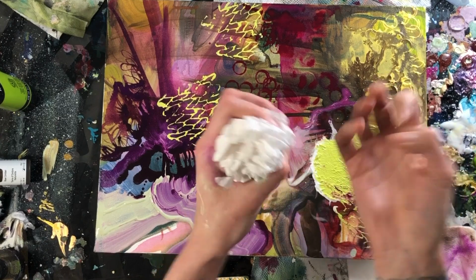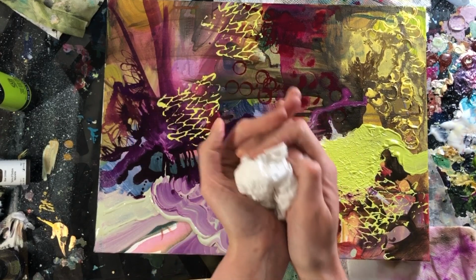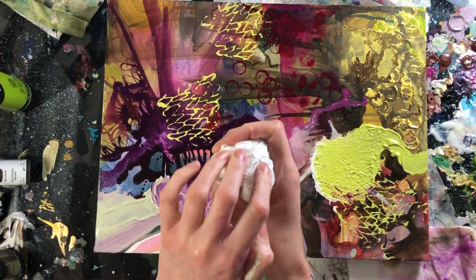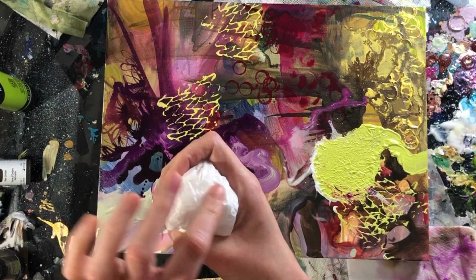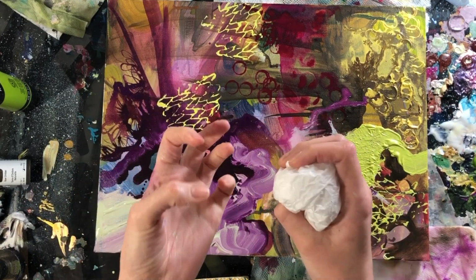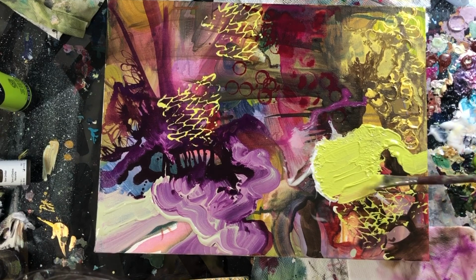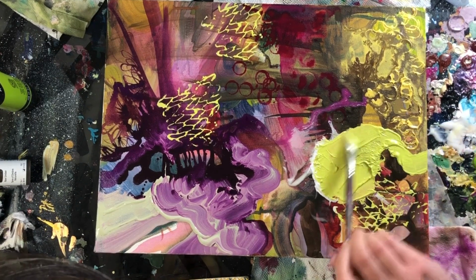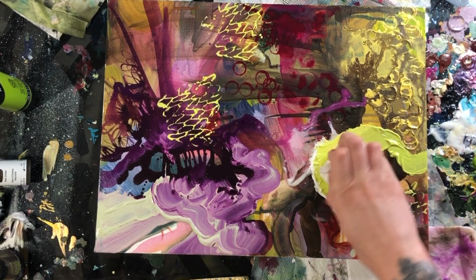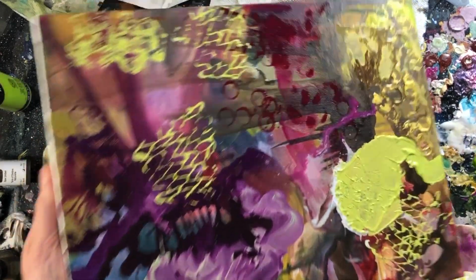So you can see the more that you let things, it's easy to just kind of go, slurp, slurp. Those are technical noises. And then you really don't have a lot of variation in depth. And if you don't have a variation in depth, you're not going to get very much texturally. That can be totally fine if that's what you're going for. Let me show you what I mean. So we'll dab this down, and then over here you can see, and this makes even kind of an interesting,